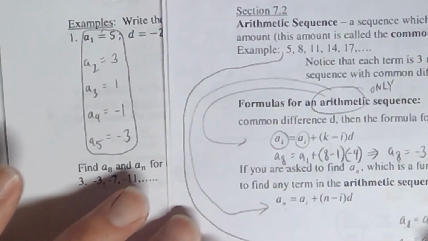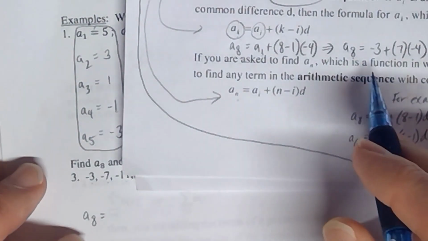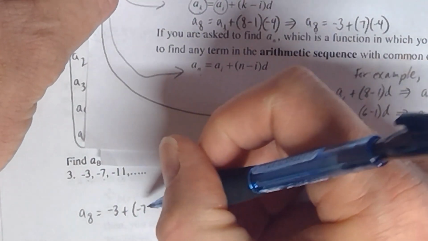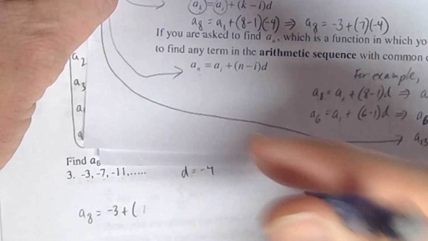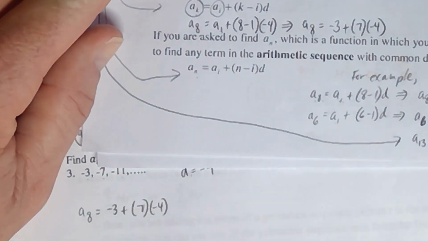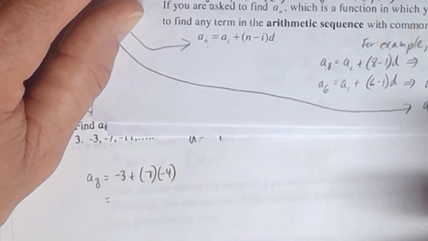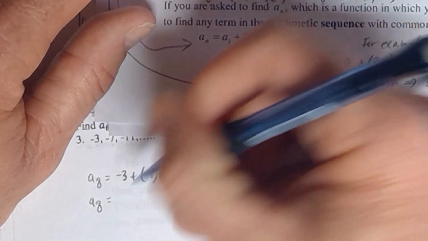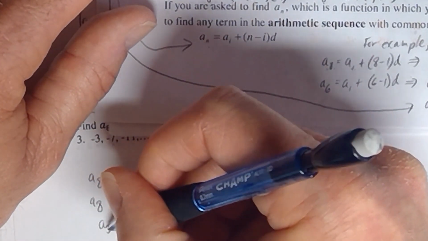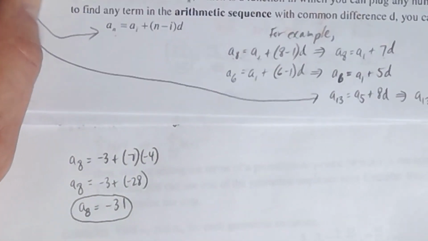So let me go ahead and transfer that particular set of steps back over to the problem. I got a sub 8 is equal to negative 3 plus 7 times negative 4, excuse me. And so I just transferred that over here. Let's go ahead and figure it out now. There's no variables here, all right, so I just need to do order of operations to figure out what this is equal to, and then it'll tell me what A8 is. So that is negative 3 plus negative 28, and that is going to be negative 31. So that means that the 8th term in this sequence, you guys, is negative 31,